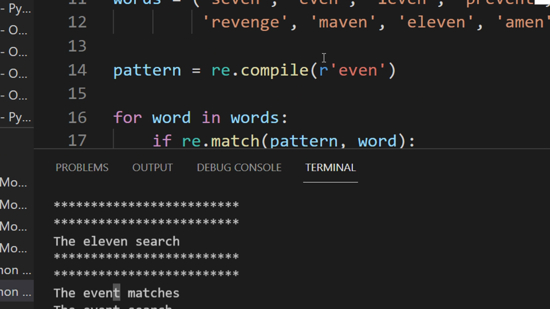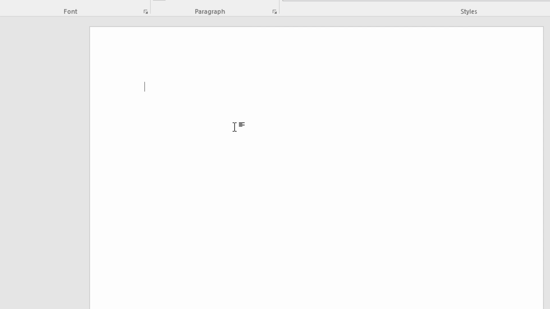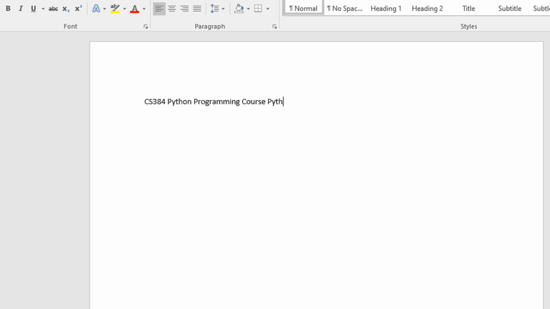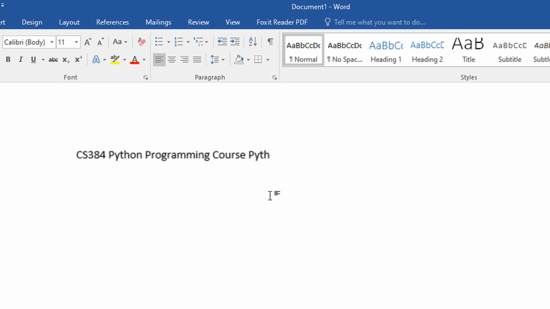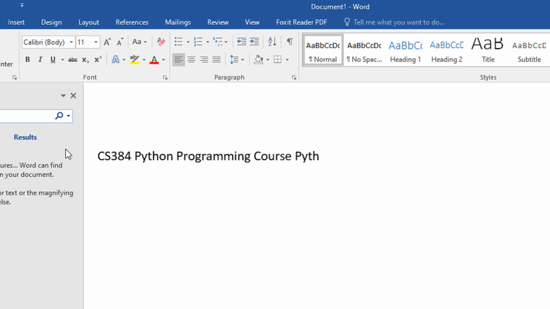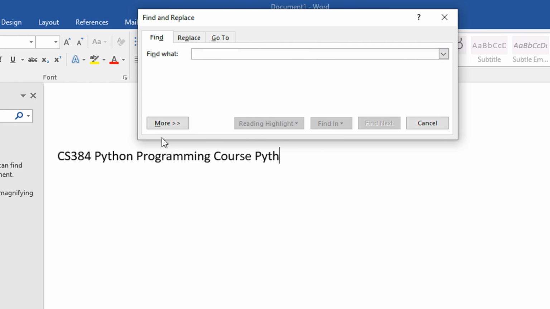Match whole word. For example, in Microsoft Word, let me just start Microsoft Word. So we can say CS384 Python programming course, right? And let me just write Python with a wrong spelling. So when I do a control F here, this is the worst search window that Microsoft has created, right?